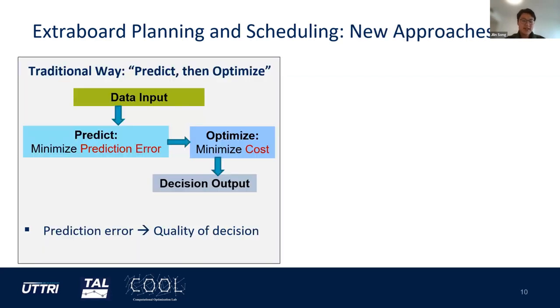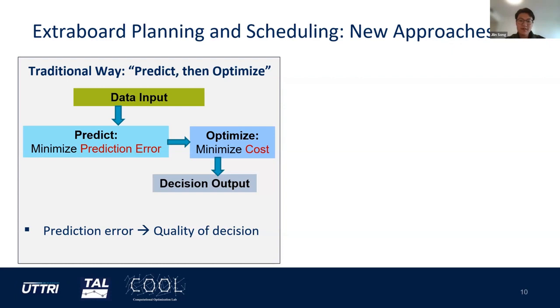So let's put the two tasks in a flowchart. A very normal approach would be, when we are given data, we first predict our quantity of interest, which is the absence level. And then we use that absence level as an input to our optimization model. The problem with this approach is that the prediction model is trained by minimizing the prediction error, while the optimization model is about minimizing a cost. In this case, it's like minimizing the cost of service cancellation. But we don't know how the two errors